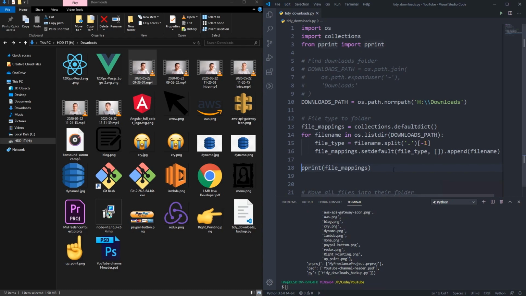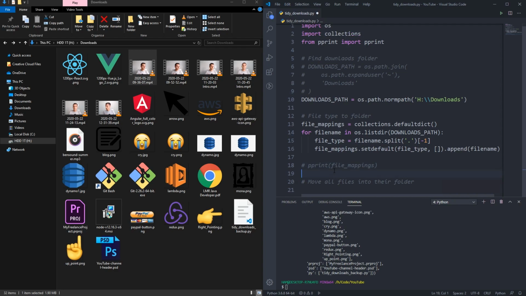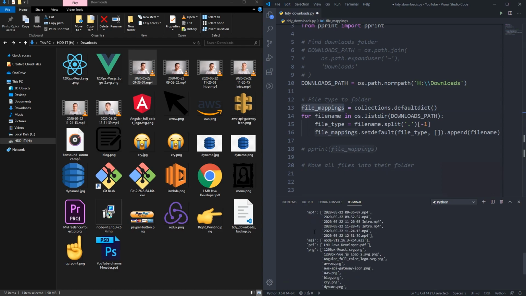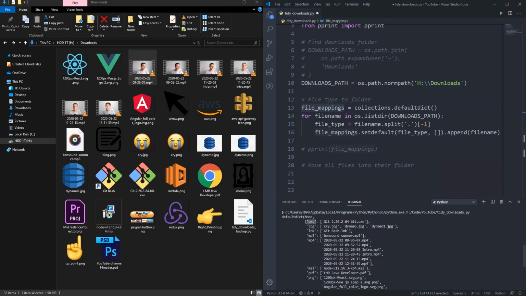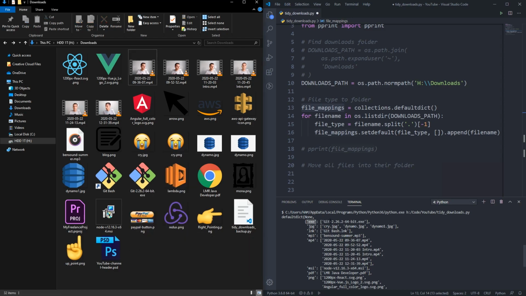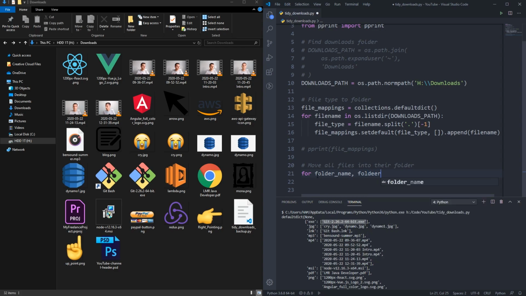Perfect. Let's comment that out. So now we've got all of them. Next we need to move all these files into their relevant folders. So in order to do that, we need to iterate through this file mapping, and for each file type, create a folder for that. So for example, we would make a .exe folder in here, and then basically move this file into that folder. So we can say something like for folder name, which will be .exe, and folder